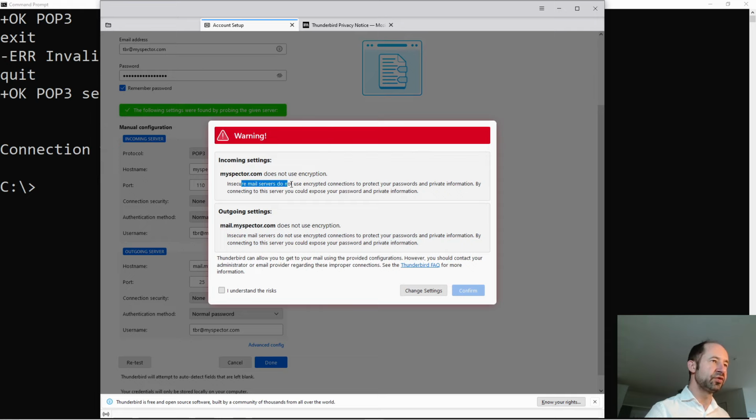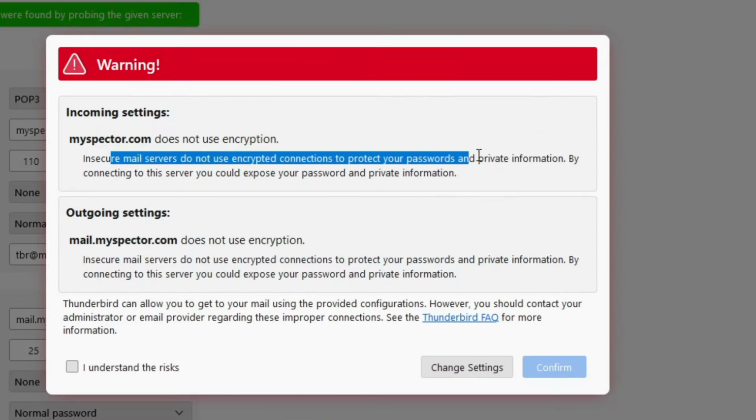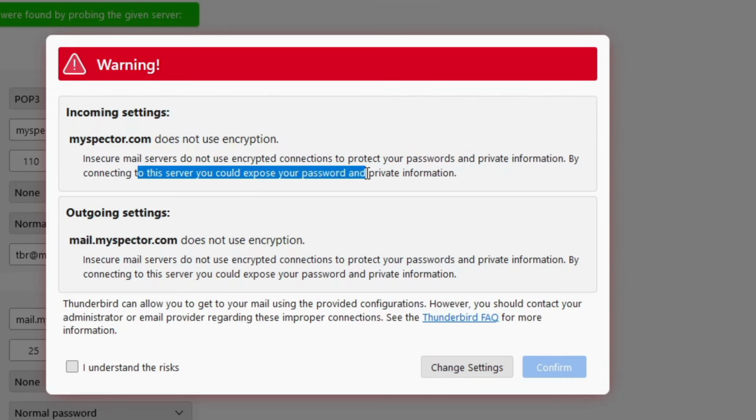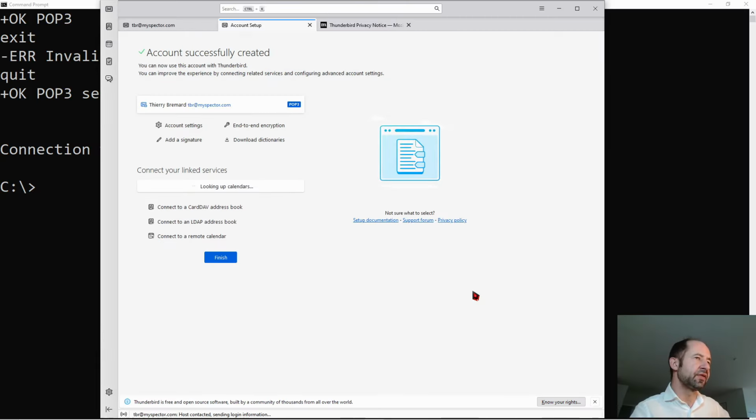Insecure mail servers do not use encrypted connections to protect your password and private information. By connecting to this server, you could expose your password and private information. Outgoing, mail.myspector.com does not use encryption. We will look later if this can be configured to use encryption, but yes.